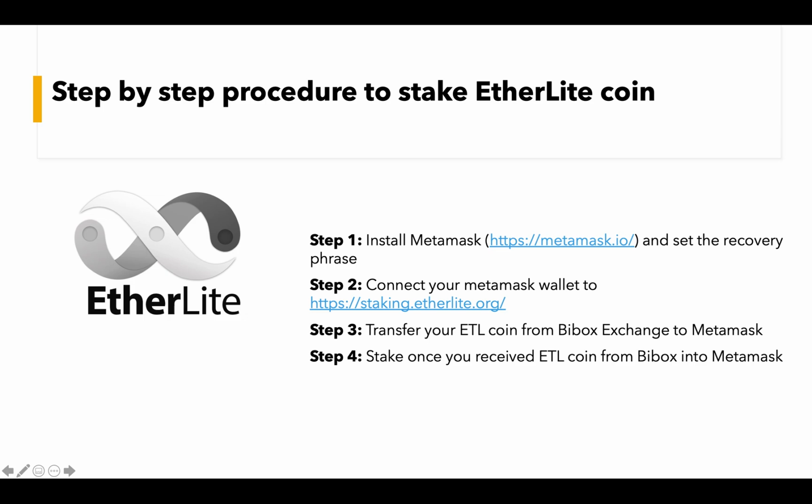Step 3: transfer your ETL coin from your exchange to MetaMask. In my case, I'm using Bbox. Step 4: once you receive your coin from your Bbox or from your exchange to MetaMask, stake those coins on the staking.etherlite.org website. Let's get into details one by one.